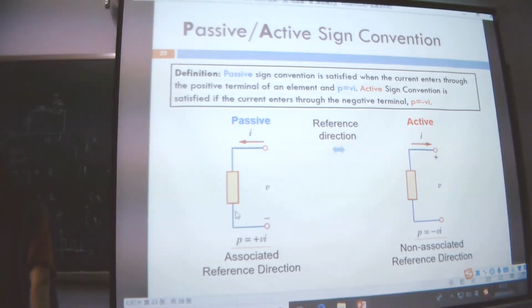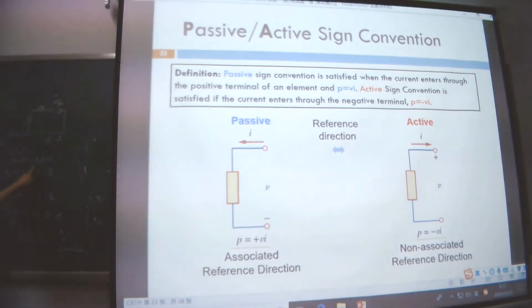So in that case, we need to assume the reference direction by ourselves, right? That is why we need to learn the passive or active sign convention. What does that mean? For passive elements, we use passive sign convention. That means